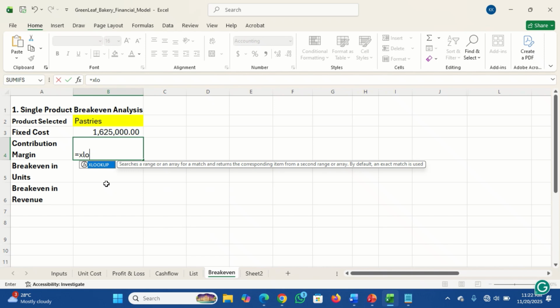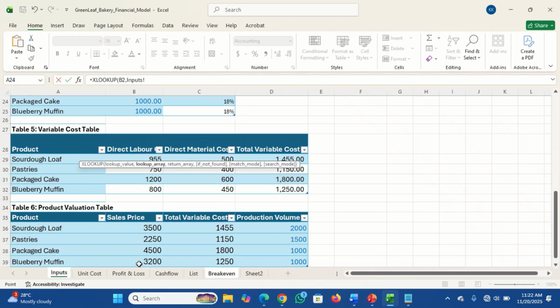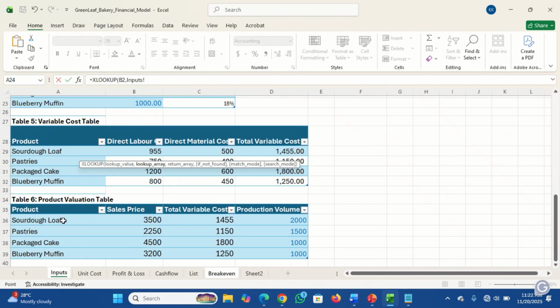Equals XLOOKUP. The item that is here is the lookup value. Okay, so the lookup array is going to be in this place. So we are looking up for the product, and the return array is going to be for our sales price. Okay, so minus